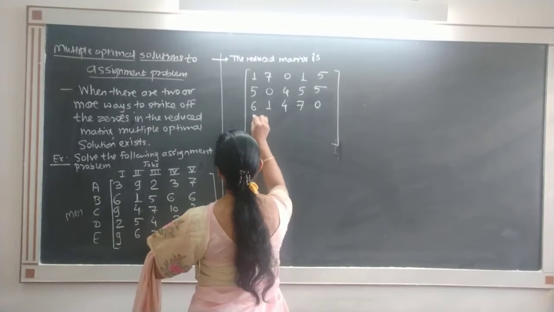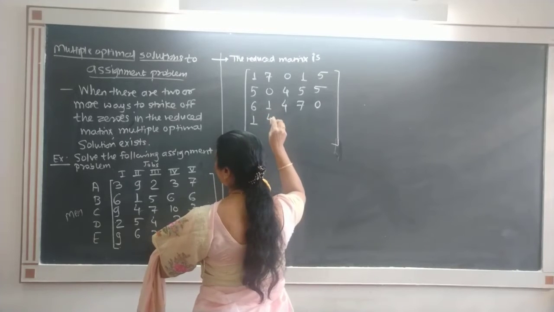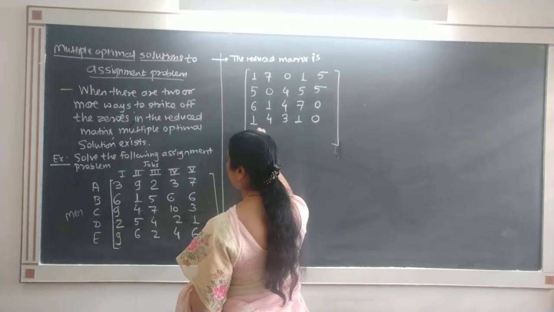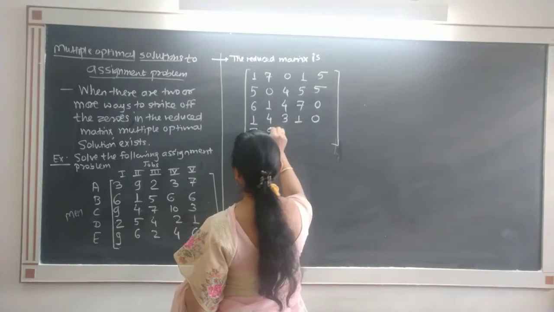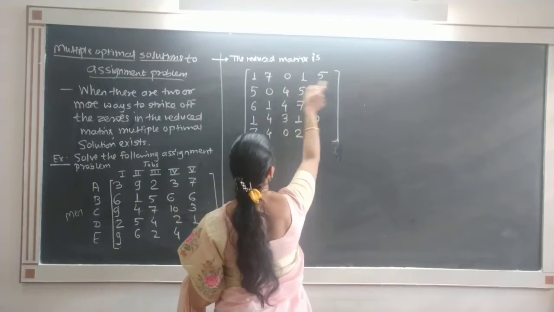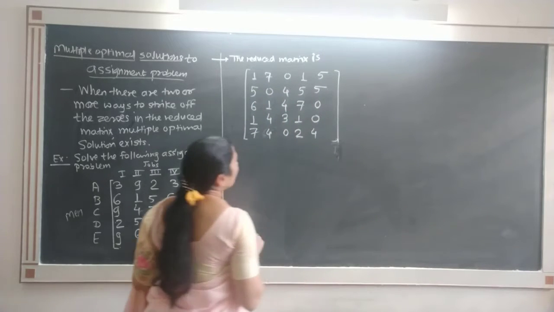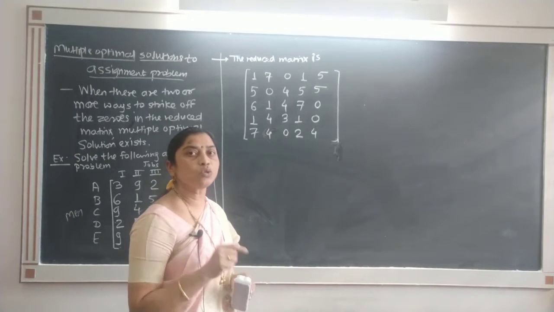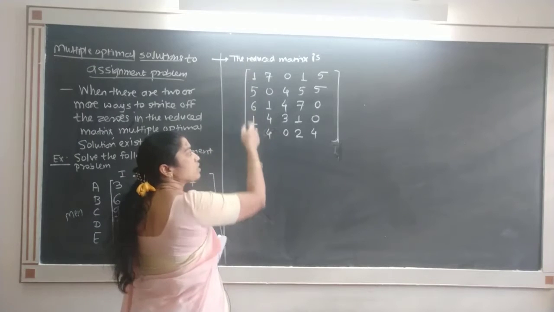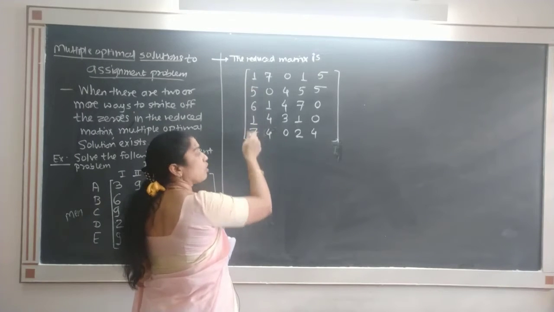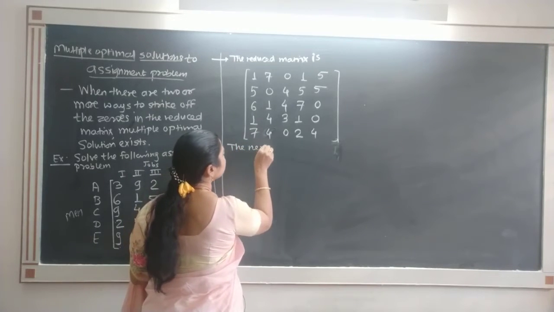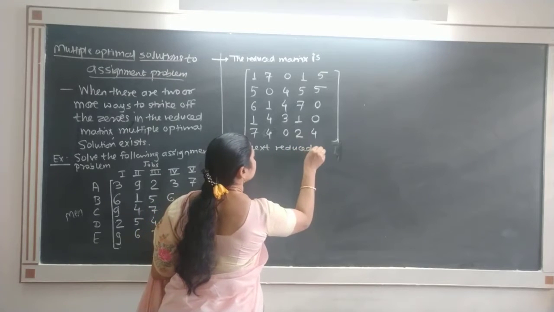Minimum is 1 in the fourth row, so subtract 1: 1, 4, 3, 1, 0. And minimum is 2 in the last row, subtracting 2 we get 7, 4, 0, 2, 4. So, each row now contains 0. Now, repeat the procedure for columns so that every column also contains at least one 0. For that, we subtract the smallest element of that column from every element of that column. So, the next reduced matrix is